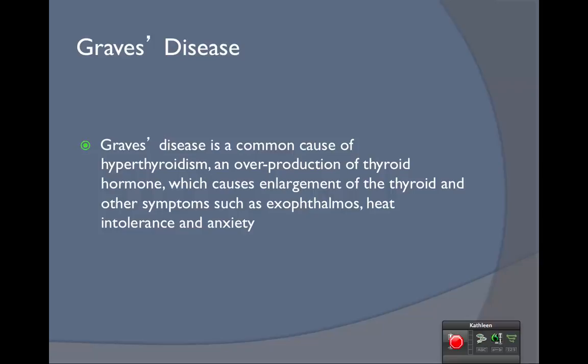Basically, this antibody mimics the action of the regulatory pituitary hormone. Therefore, this thyrotropin receptor antibody overrides the normal regulation of the thyroid and results in overproduction of thyroid hormones, causing